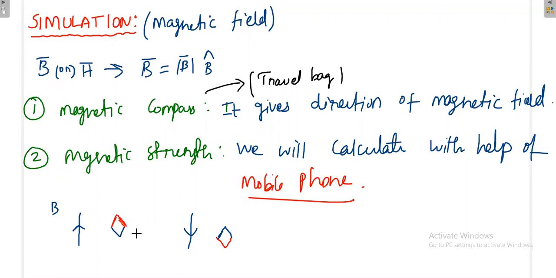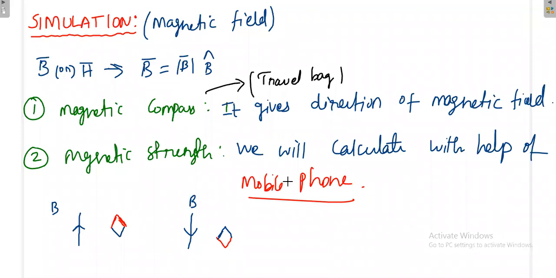In which direction is the external magnetic field? And again, you may have a doubt: what is this compass actually? Whether it is a conductor or some magnet. I will tell you about that later. But at this time, just know that a compass will always denote the direction of the magnetic field.